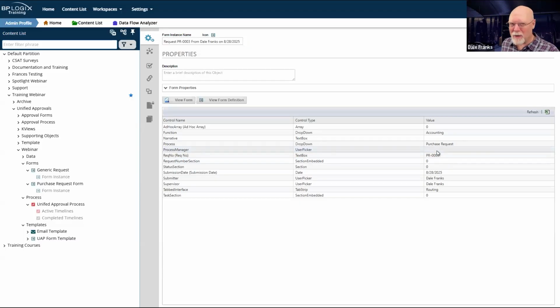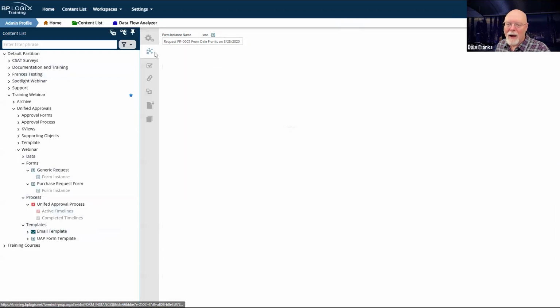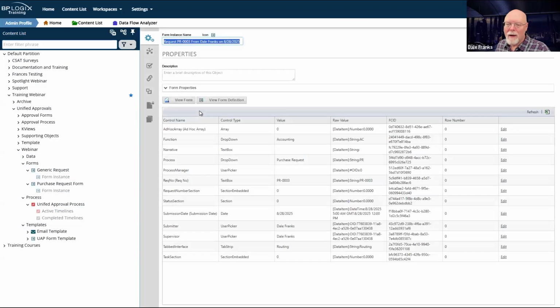And this is a great little troubleshooting thing that you can also do. I am going to turn debug mode on. And I'm going to refresh my form there and throw it in debug mode because debug mode enables me to edit. Now, what I would need to do in normal circumstances is, let's just go ahead and do it. Let me show you what I would do in this situation.